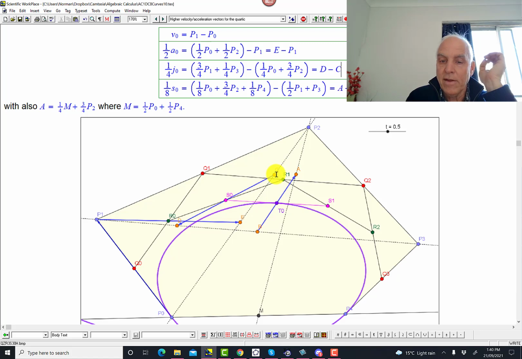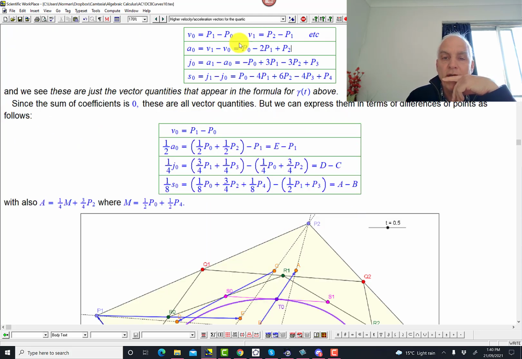So we've got the head and the tail. There's the head, there's the tail. All right, so this jerk vector, or at least 1/4 of the jerk vector, is this vector from this point to this point. Great. Okay, and now the last expression is the